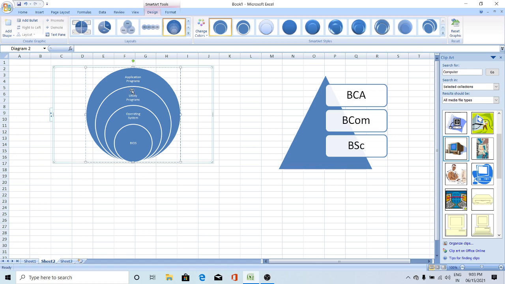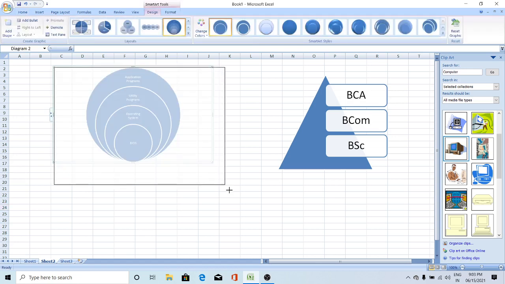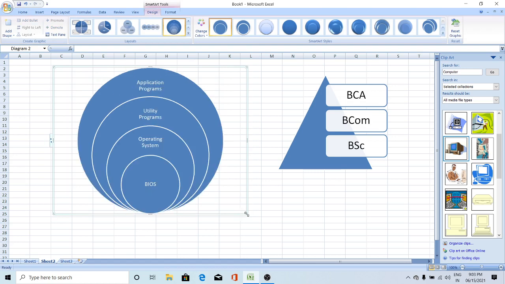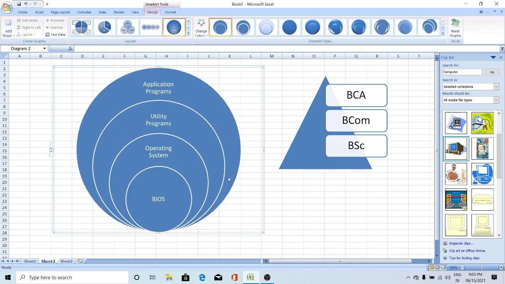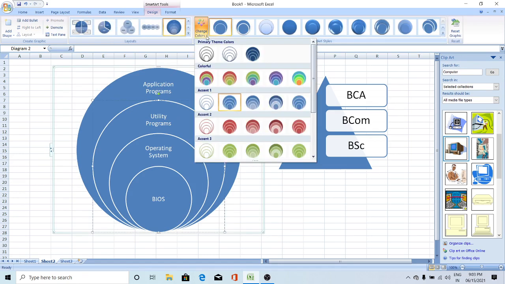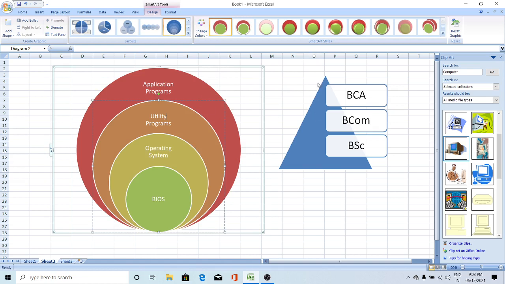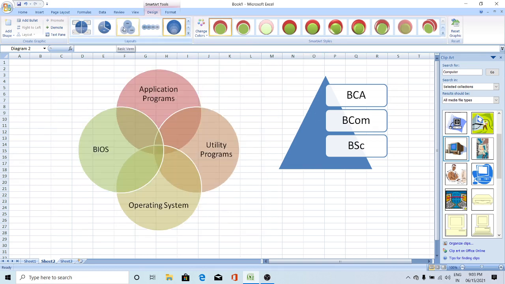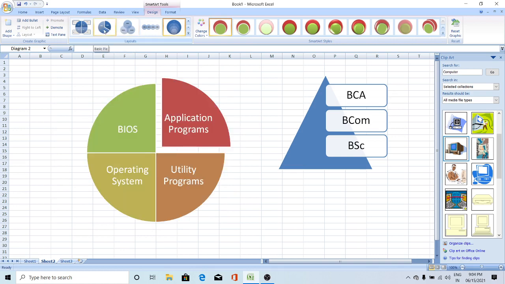Okay, like this I can insert and I can make changes over here. You can increase the size of the Smart Art. Okay, you can increase the font size also, and you can change the color also. Different color also you can set for that. Multicolor. Okay, like this you can change.